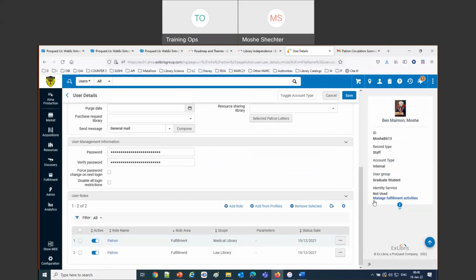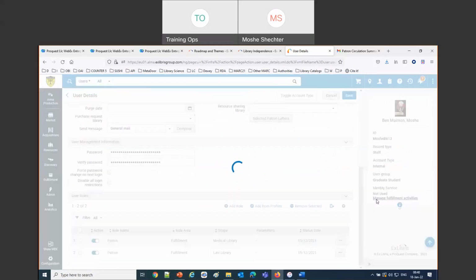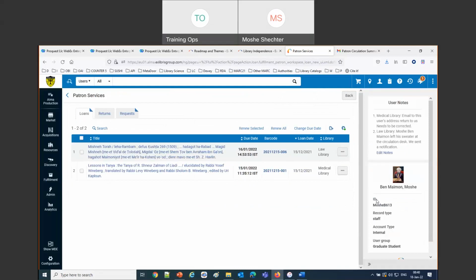And if we look at his situation now, he has an item on loan from the law library, and he has lessons in Tanya from the medical library. So he has items on loan from both libraries, and he can do that because he has an active patron role for each of those.